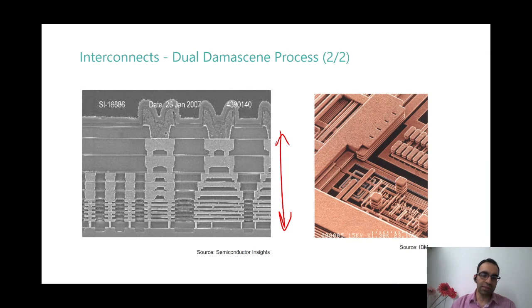Okay, so you tell me one thing. We just saw an example. We made contacts and then we deposited metal over it. What happened? There was more defectivity because there were two different steps. Is it not? Yes, sir. So if I were to make the contacts and metals in one step, it will automatically always fill the contact fully, no?